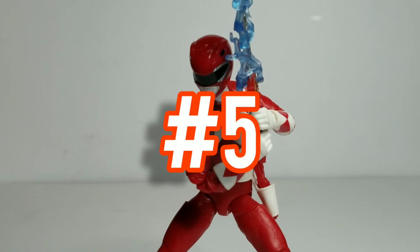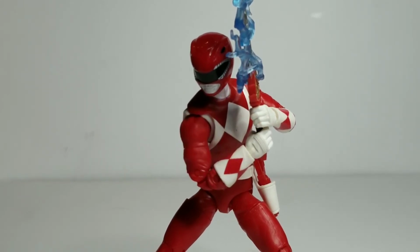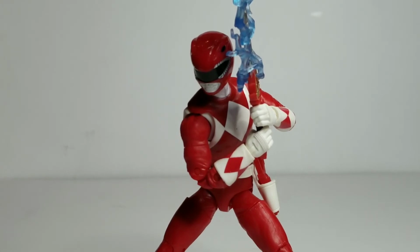And at the number 5 spot is the Red Ranger from the Lightning Collection Power Rangers Hasbro line. So yeah, some of you guys might be saying, oh, Tommy's way better than the Red Ranger. Yeah, I know, but growing up, I've always loved the Red Ranger more. I know some of you guys might be triggered about that, but